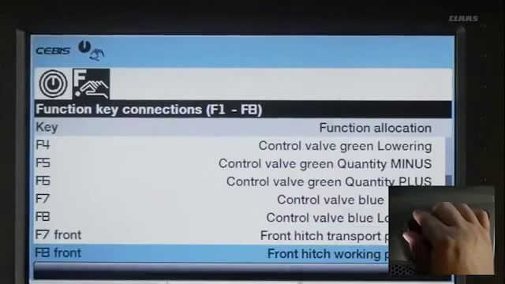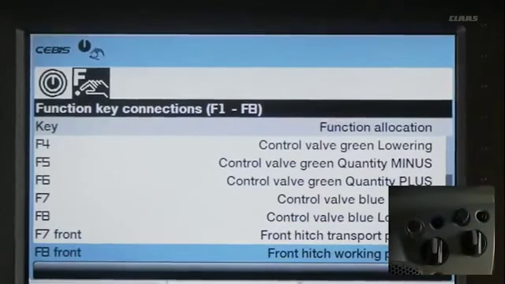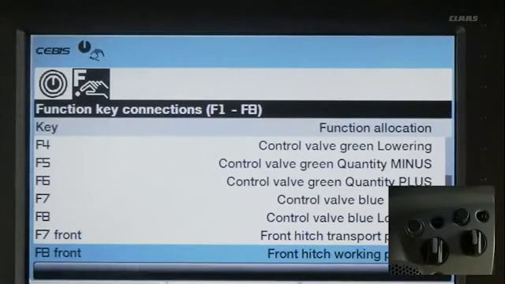If the tractor is equipped with a front 3-point hitch, there will be a second set of F7 and F8 functions. These will be labeled as F7 front and F8 front. In this example, F7 front and F8 front are set to front hitch transport position and front hitch working position,